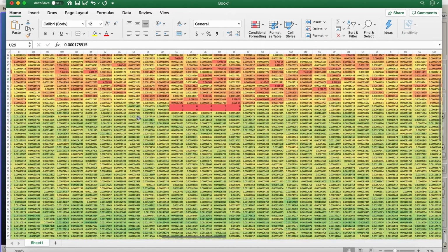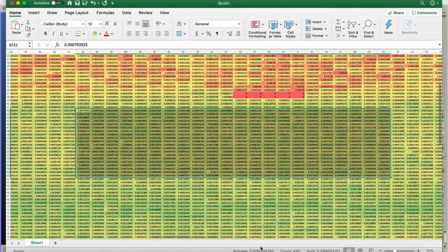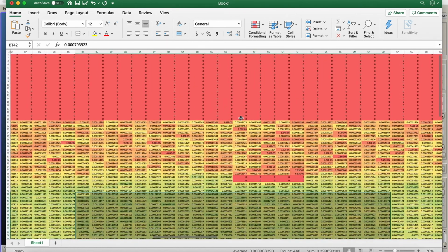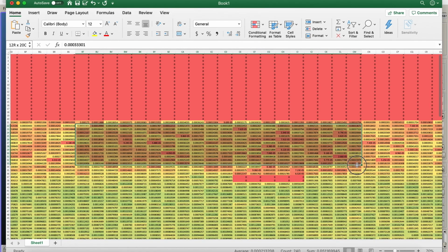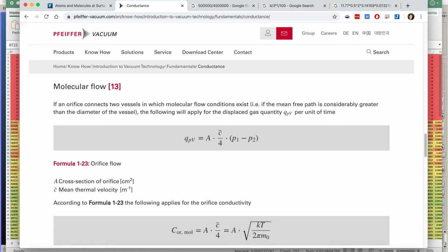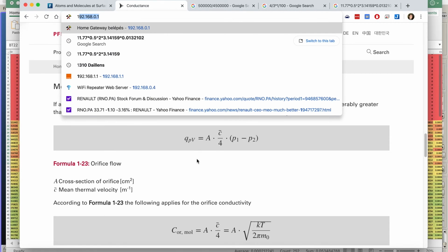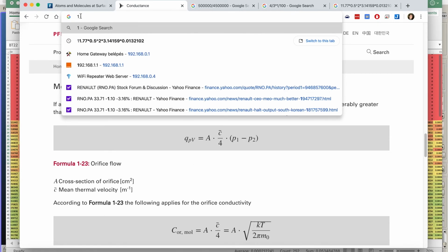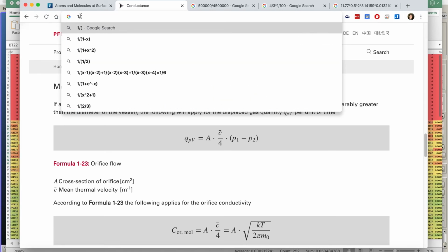And by selecting a large area, Excel is telling me that my average pressure inside is like 9 to the minus 4 millibars. Remember that we chose some arbitrary quantities. 9 to the minus 4. And outside 2 to the minus 4. So basically, by plugging into this formula, the pressure difference, I know that the left side of the equation is actually 1, because our outgassing rate was 1 millibar times liter per second, and I have to divide it by this